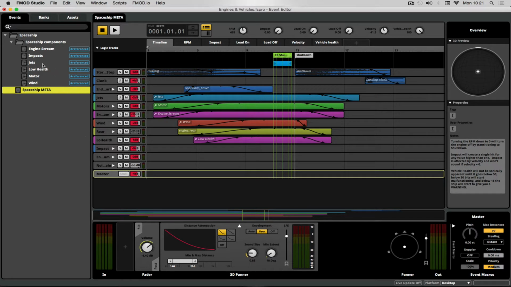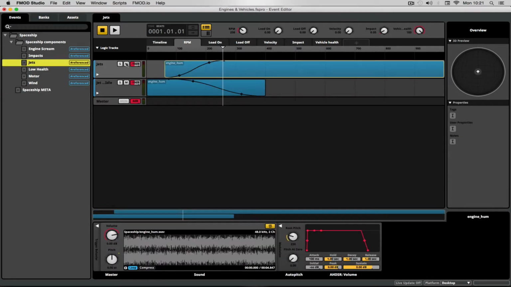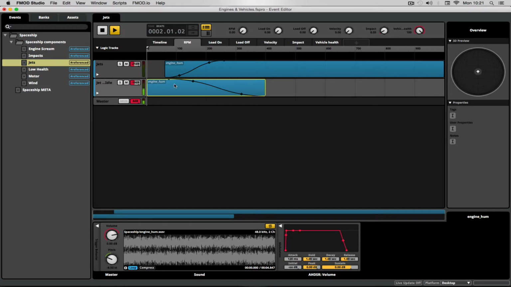I think I started with the jets. So here we have my jet sound at a constant hum between 0 and 100 RPM, and if we ramp up,